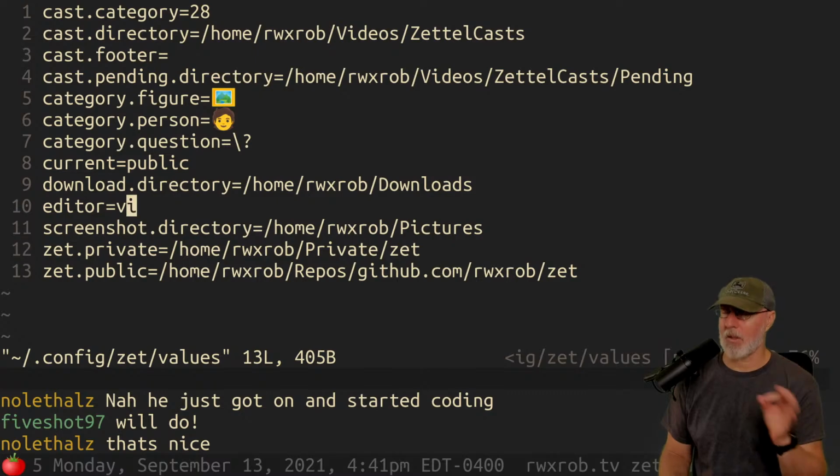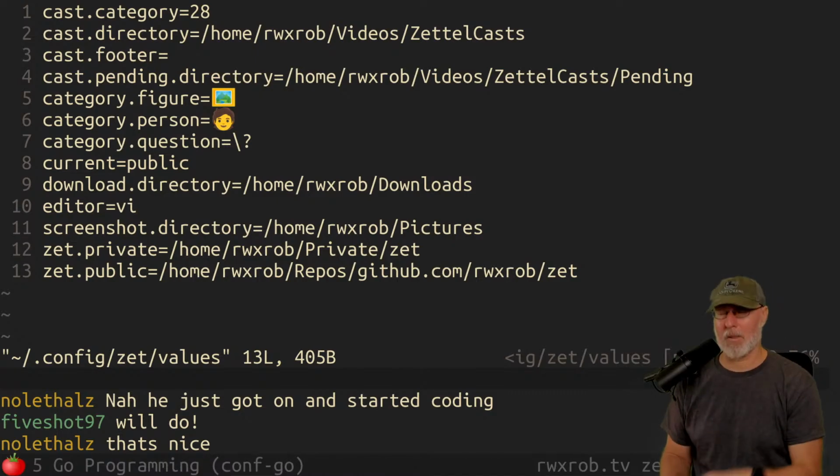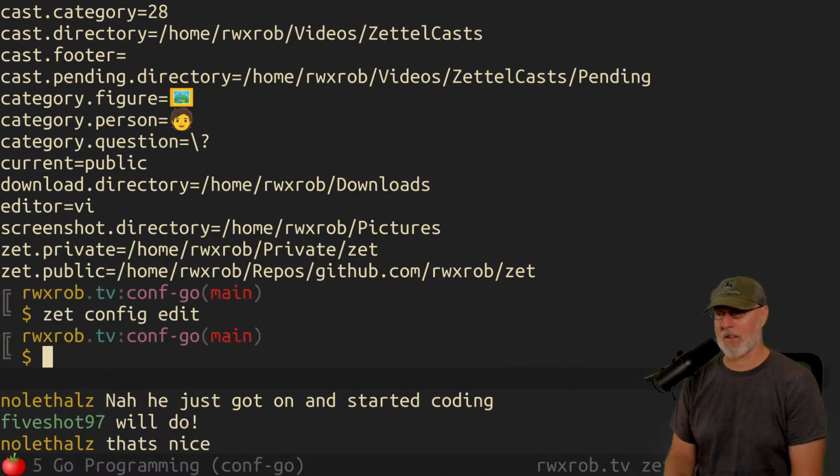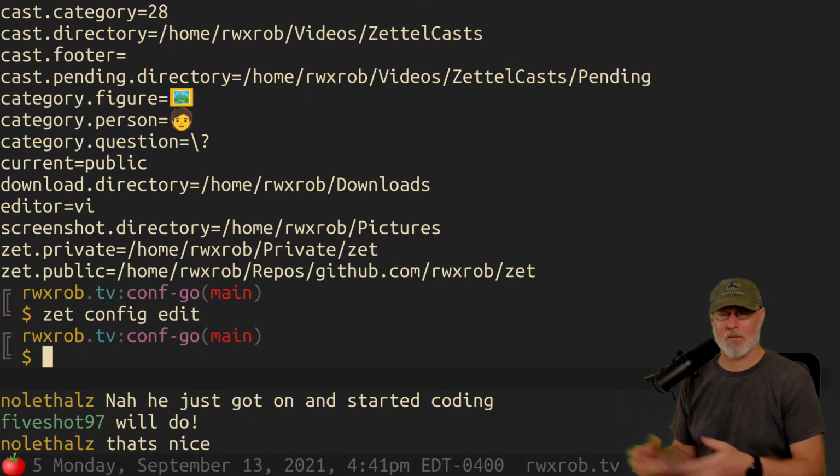Which, by the way, is part of the mantra, one of the principles of Unix philosophy by the guy who did pipes. I can't remember his name, but the principle is to do things as strings in text. It makes things faster. It's very Unixy to do that. You're not getting bogged down in types, because you can always cast something to whatever type you want later on. And so that's it.